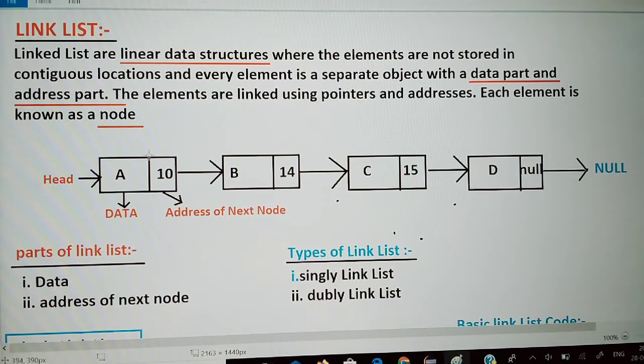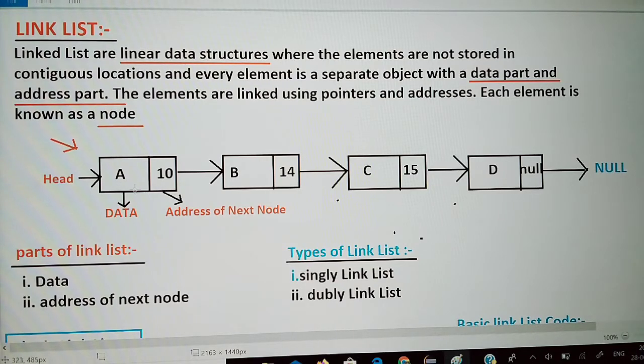Now you can see the basic structure of a linked list. Here a is the data of this node, b is the data of this node, c is the data, and d is the data or element.